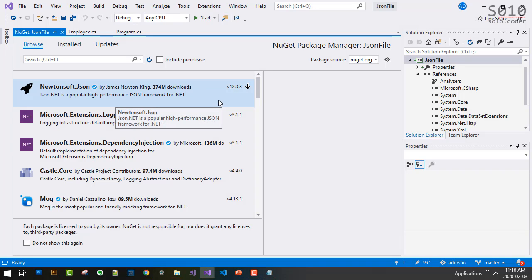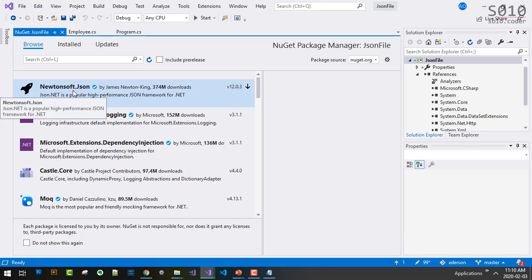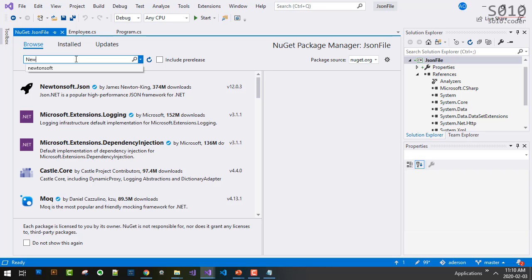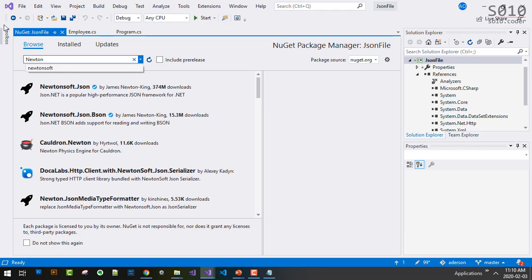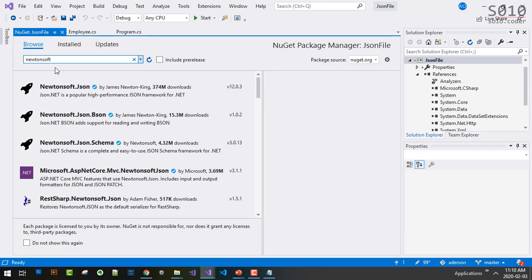Now, because I have done this recently, I think it's the reason why it's showing Newtonsoft.Json right here. But if you don't see that as the first one, you're going to be typing Newtonsoft. You're going to be typing that specific name, okay? Newtonsoft, because this is the library that will allow us to read and write JSON formats, okay? And you're going to see a few different options here. Get the first one, Newtonsoft.Json, not the other ones. We just did the very first one,